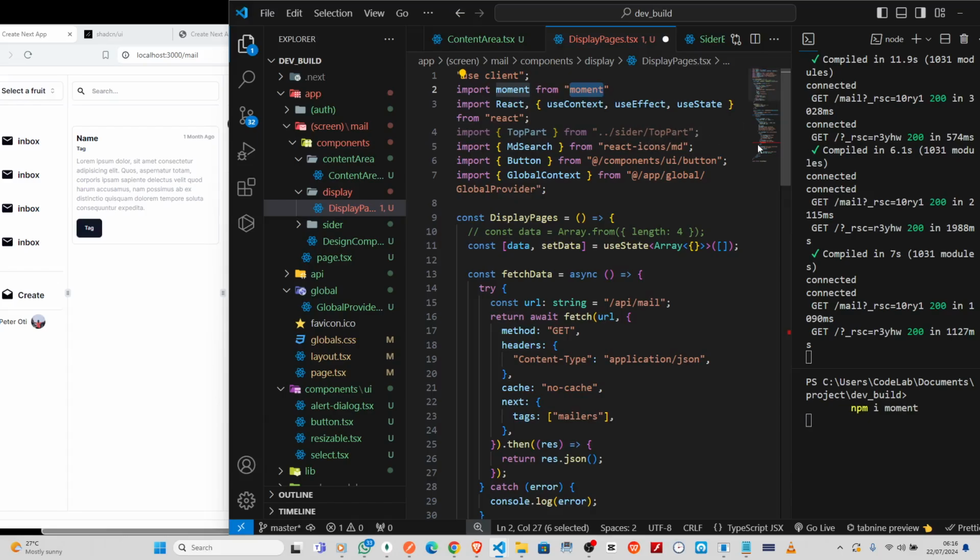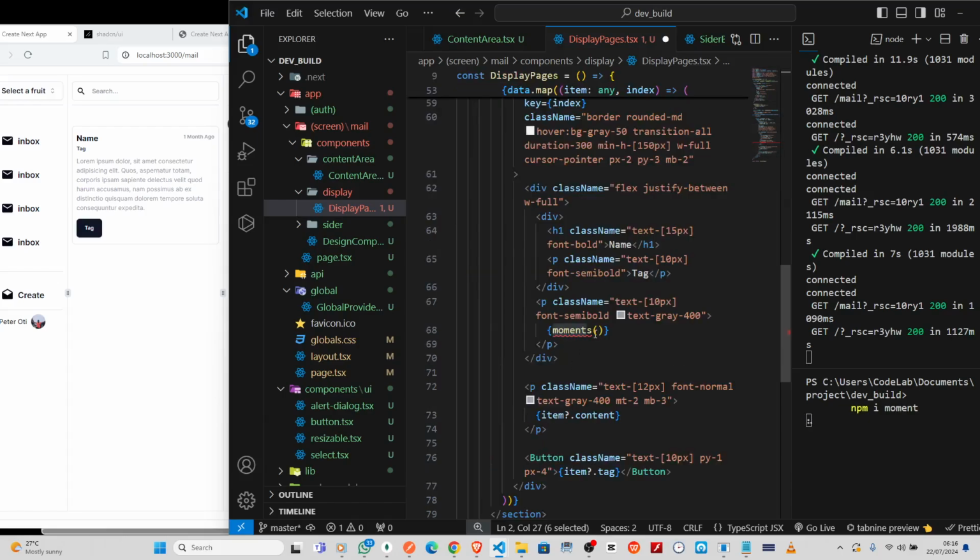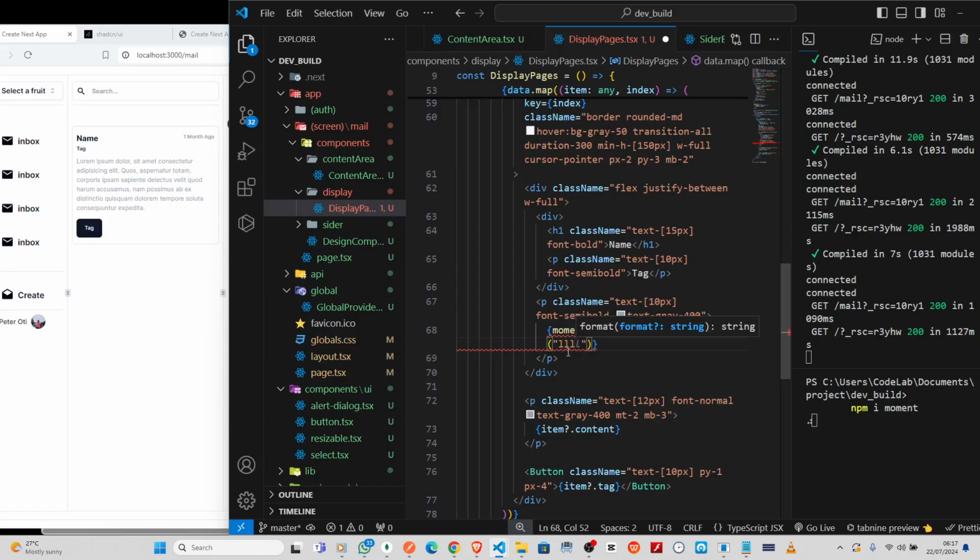Okay, so here now go be item dot created at, right, dot format. Then I will just pass the triple L. Okay, so save that. And now for this name,